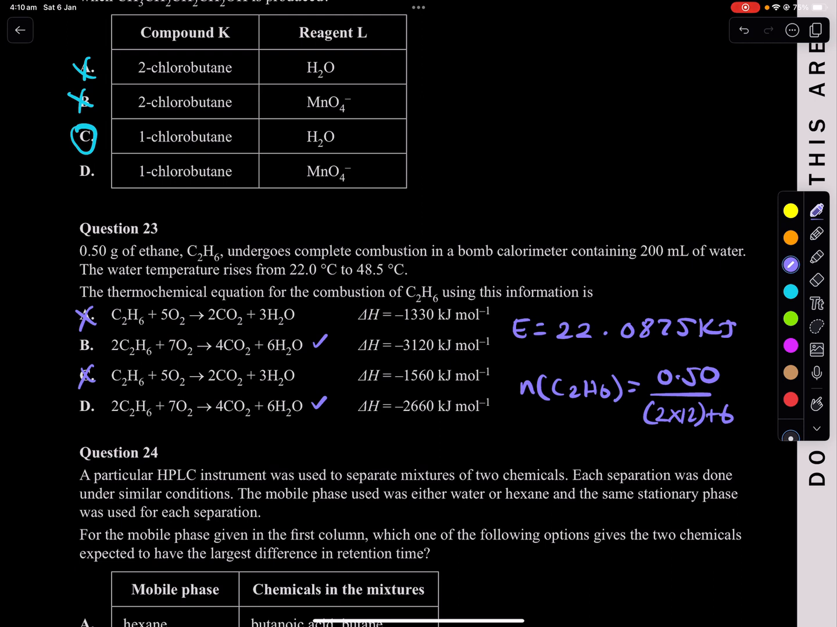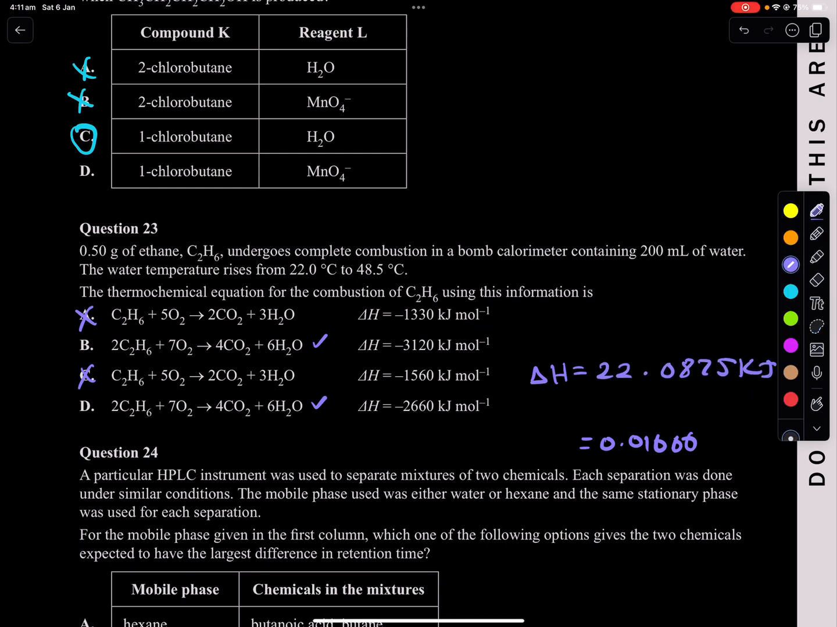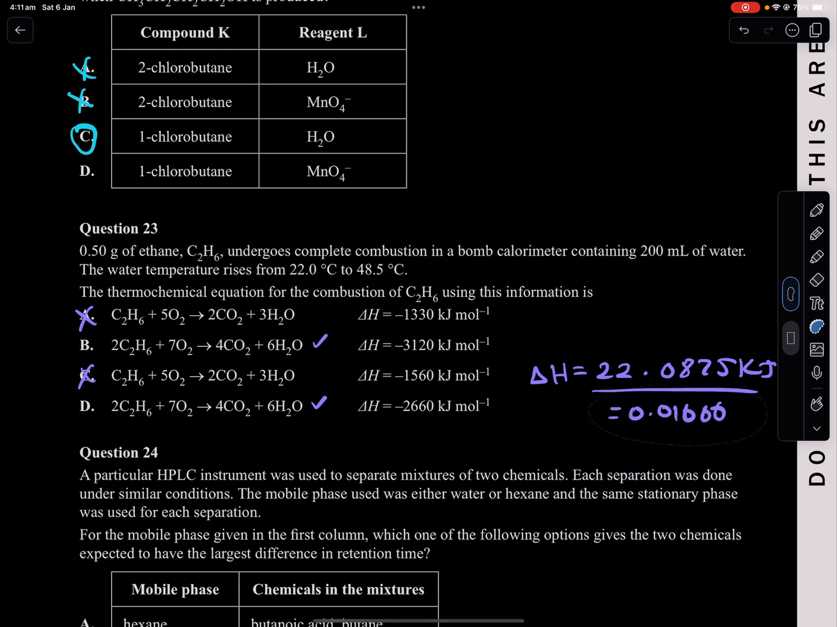So it's going to be 0.5, 2 times 12 plus 6, and that's going to give me 0.01666, all this big number. And we're just going to divide that to get the change in H. Take this over here, divided by this over here, the mole. And that should give us, so what's 22.0875 divided by that. And we get